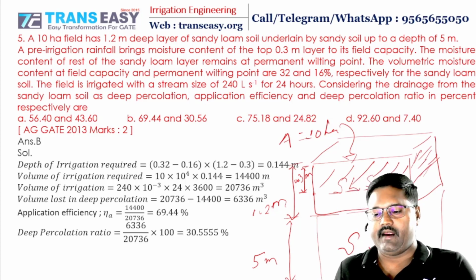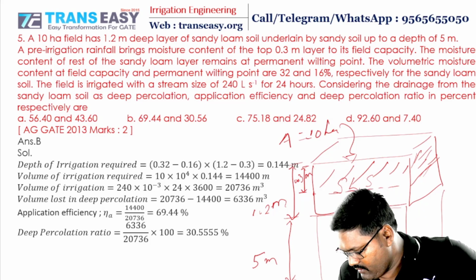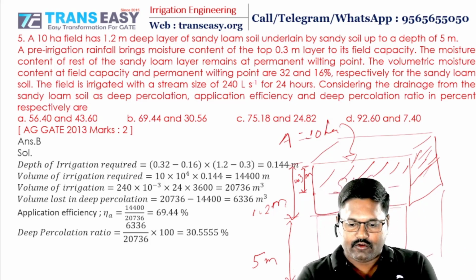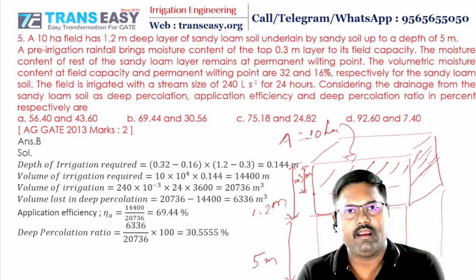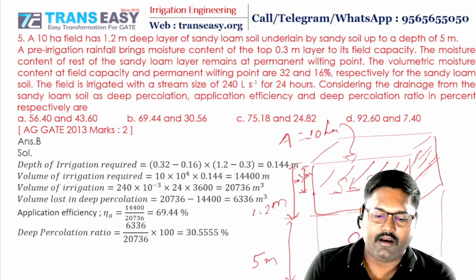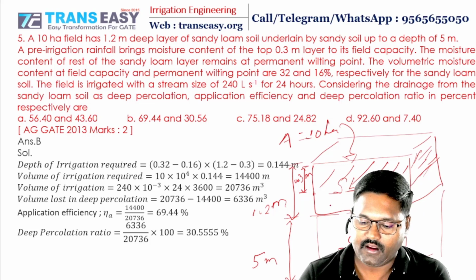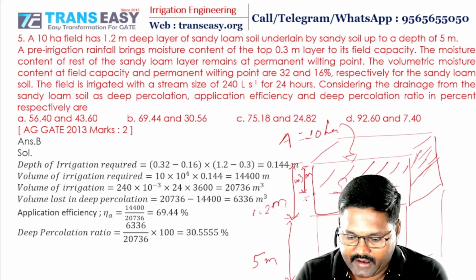Okay. Required amount of water is stored in 0.3 meter depth of root zone. So this 0.3 meter lies in sandy loam soil. The moisture content of rest of the sandy loam layer remains at permanent wilting point. So before irrigation, moisture content of remaining